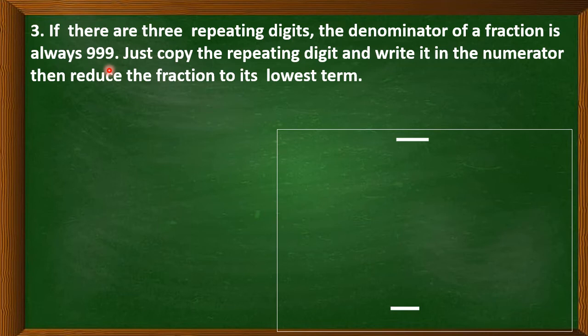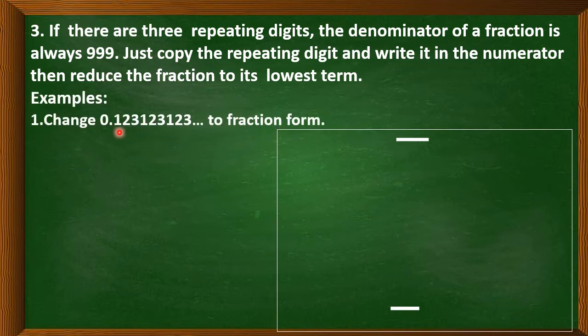Let's have an example for this. So change 0.123123 repeating to fraction form. Again, this can also be written as 0.123, and at the top of 123 we have here a vinculum. They are just the same. So we have here three repeating digits, 1, 2, and 3. So we're going to write the repeating digit at the numerator part, and our denominator is 999 because we have